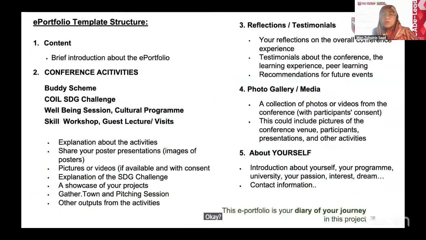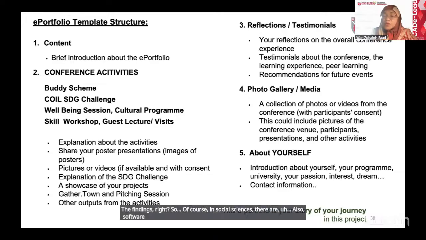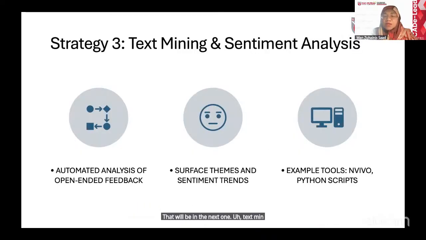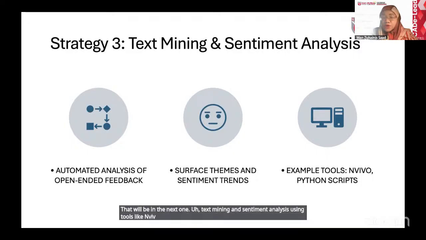Okay. So from the e-portfolio, right, how do we use it for publication? How do we use it to investigate the findings? Of course, in social sciences, there is also software like NVivo, for example, for text mining. That will be in the next one. Text mining and sentiment analysis using tools like NVivo or Python scripts to